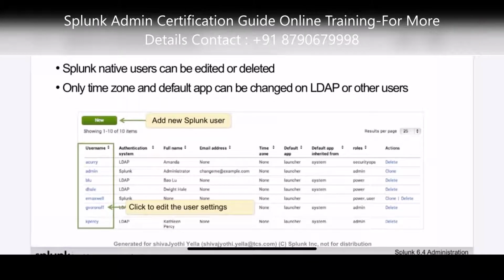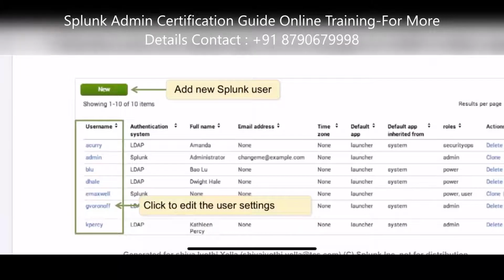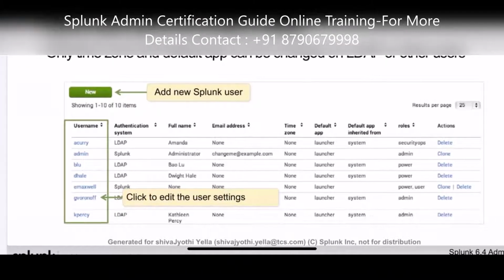Then that's nice. If you see here, we are having admin in the second line. This picture shows admin in the second line. So what he is telling is that this is created by us. Admin role is created by Splunk, I can say.